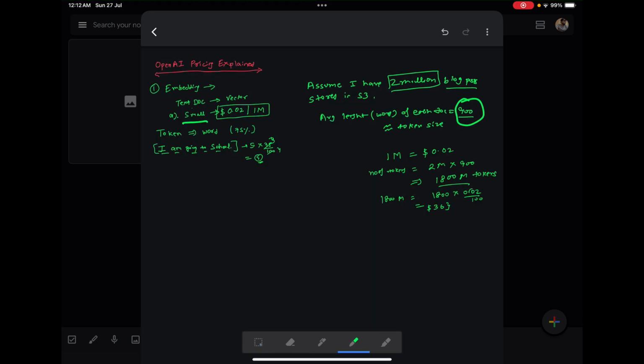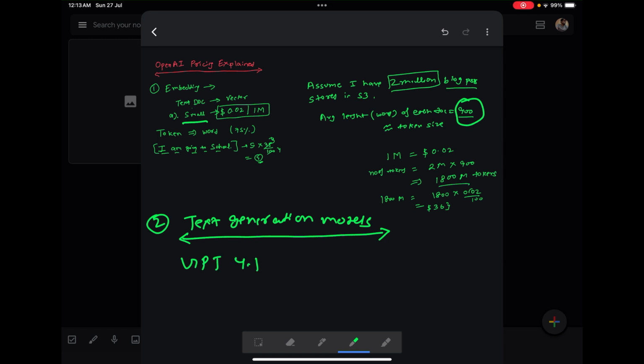Let's look at the second scenario. So we just covered the embedding scenario, and in embedding we need to only consider the input size, and when I say input size, how many tokens we are looking at. But there is a second class of models, which are text generation models. There are numerous text generation models, but for now, let's start with the most expensive one. Although this is not the most expensive one, it is quite widely used.